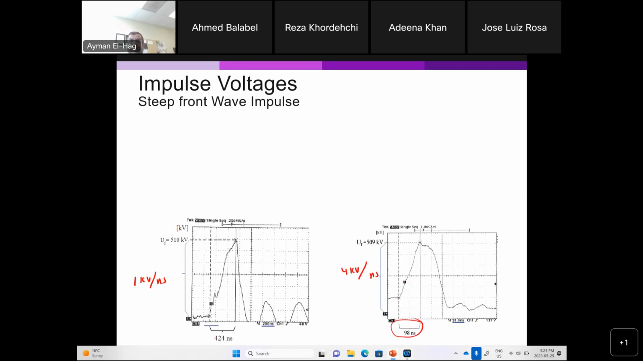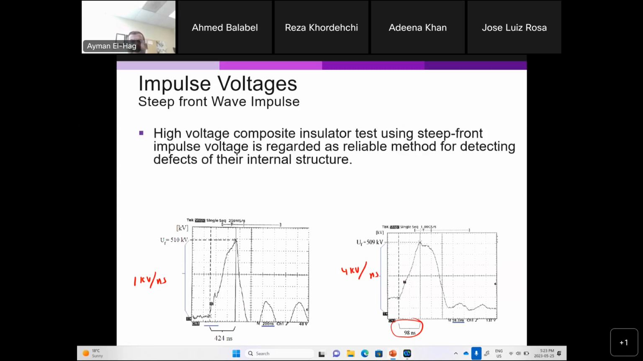There, the rise time was in microseconds. Here, it's much faster. Okay, and why do we do that? For high voltage composite insulators, we use this to detect if there is any defect in the internal structure. So when we use very fast waveforms, we will not have a flashover from outside because of the way the